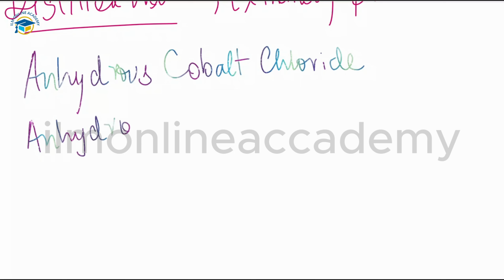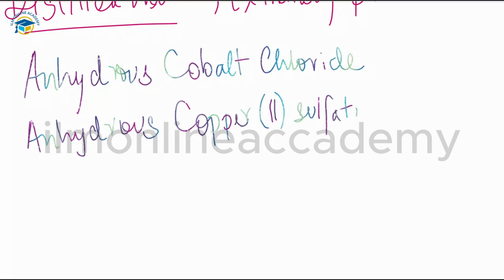Anhydrous means that compound in which there is no water. Water is not present. Hydrated is the word used if water is present in that compound, if water is chemically combined to it, but anhydrous means there is an absence of water. So these are the two methods that are used here for the presence of water.